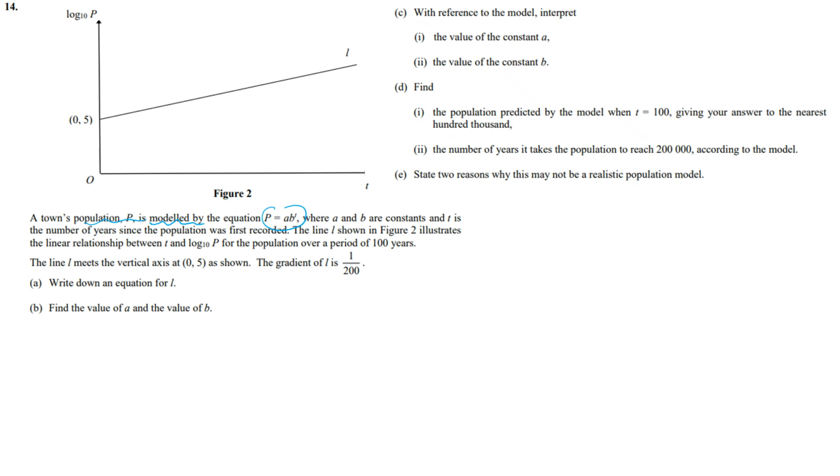I can see it's exponential because the t, the variable on the x-axis, is in the power position, and a and b are constants. But what we've got here is a straight line because we've taken logs. So if we write down the equation, p is equal to ab to the t. Now, taking logs to both sides, log of p is equal to log ab to the t, using the log